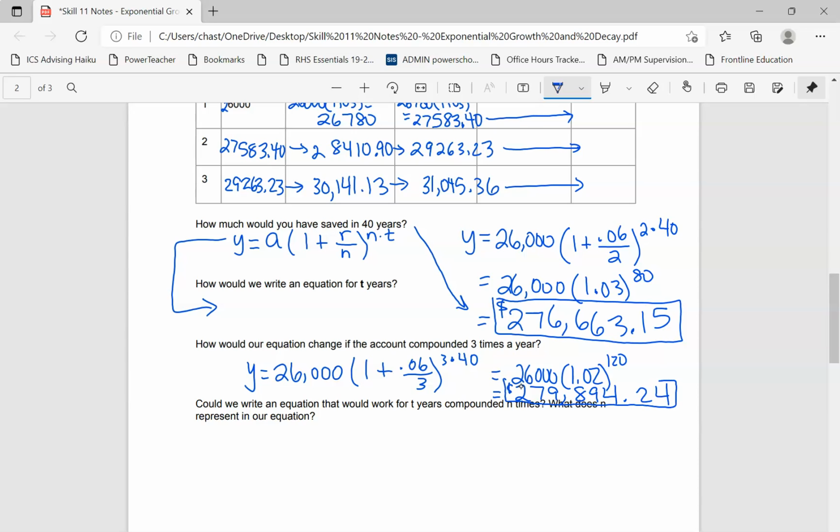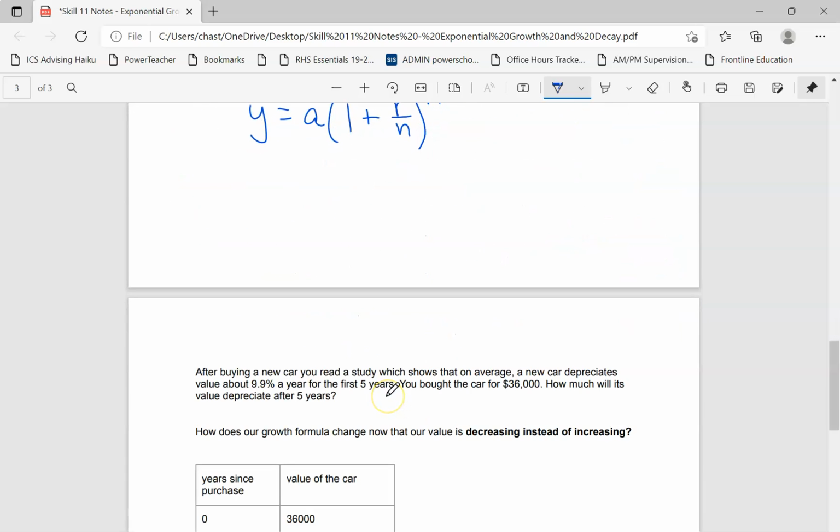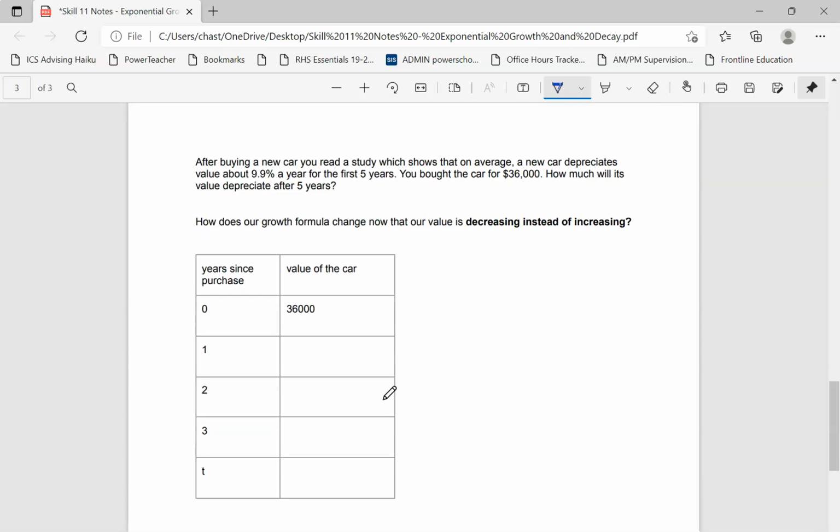So if we did this 3 times a year instead of 2 times a year, you would get an extra little over $3,000, it looks like. Not bad for not doing anything extra. So then if we generalize this, I've already stolen the thunder here. It's just going to be that formula I wrote at the beginning of this little section. But this is the formula that you would use, and that's how you would deal with compound interest. Okay? All right, last thing here we want to talk about with exponential models is how to deal with when